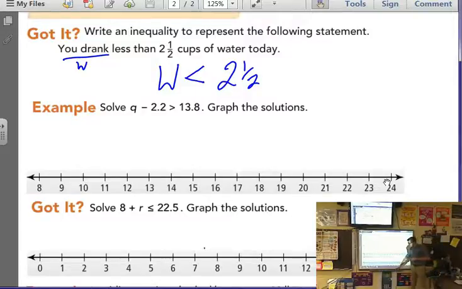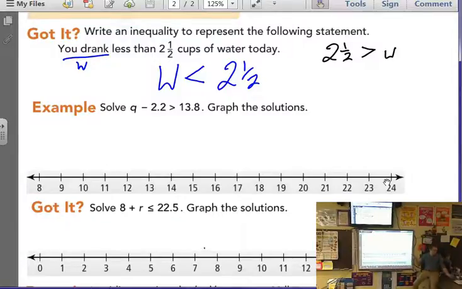Adam? Now the other way that I could say this if I wanted to flip it around is 2.5 is more than the water that I drank. So I could flip it around, but remember you got to flip that middle symbol then. So here,